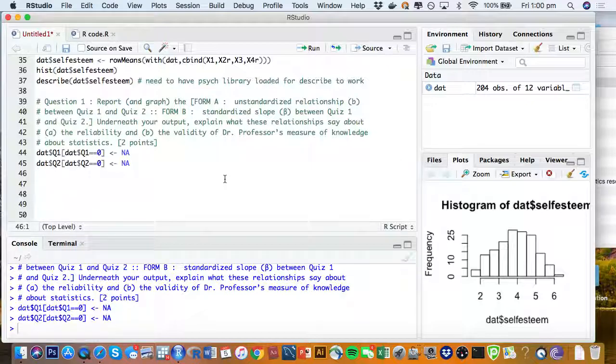So what's the function to z-score a variable? Yeah. So there's a by-hand way, which is just minus the mean divided by the standard deviation, going back to the z-score formula. But there's a way easier way to do it, which is just this scale function. So if you run,